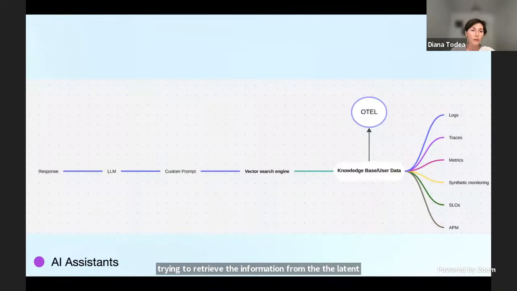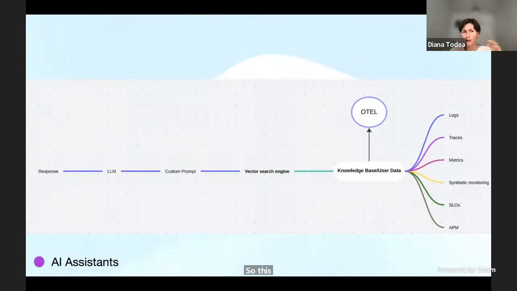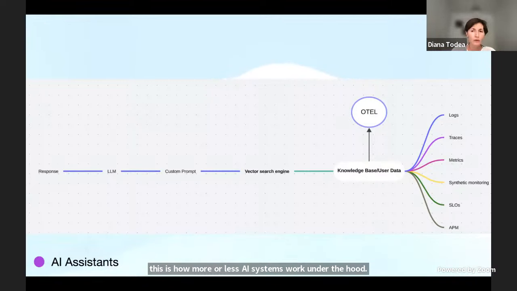And we'll get the information with the help of the specialized LLM I'm using. It will give me the response. So we'll do also the re-indexing, the post-processing part, and it will give me the response. So this is how, more or less, AI systems work under the hood. There are a few steps there that we don't see, but anyway, we are probably accustomed to seeing all these